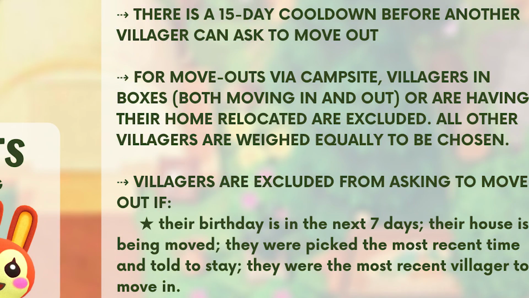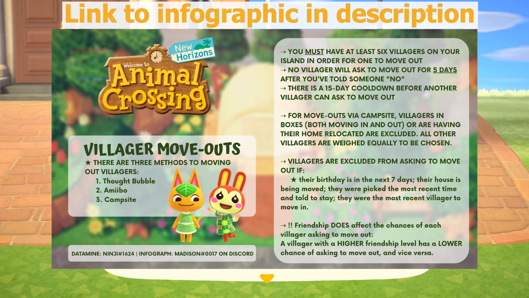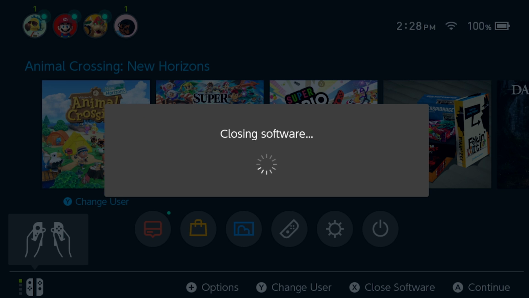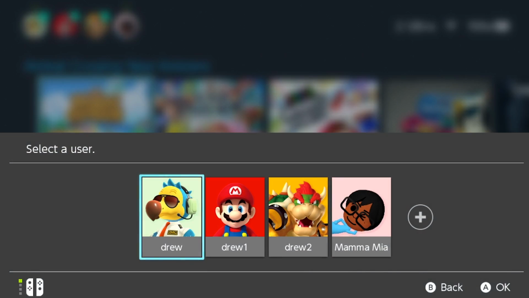To avoid dealing with the second cooldown that comes with telling a villager to stay, what you can do is immediately close out of the conversation by closing the game. And you want to do this so that it doesn't save any of what you just did by starting that conversation. And essentially when I come back into the game, the thought bubble is still going to be over